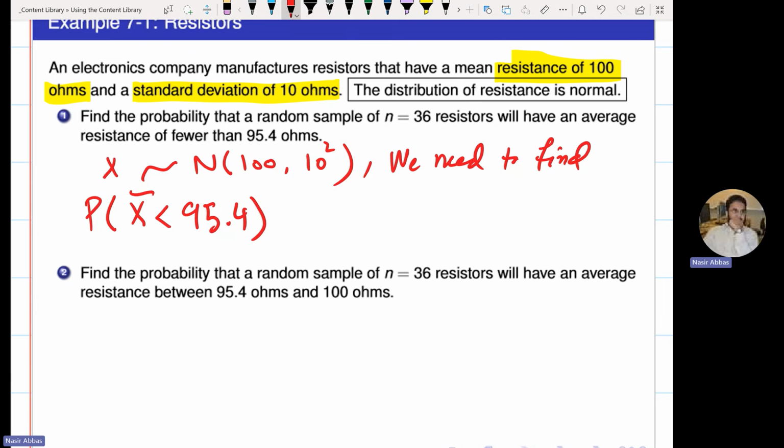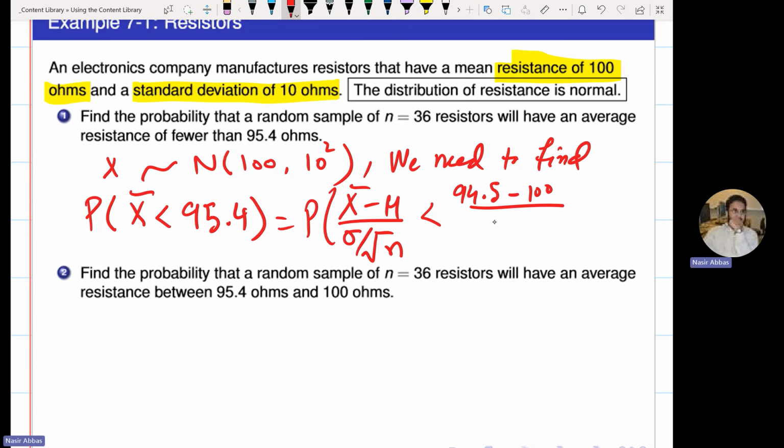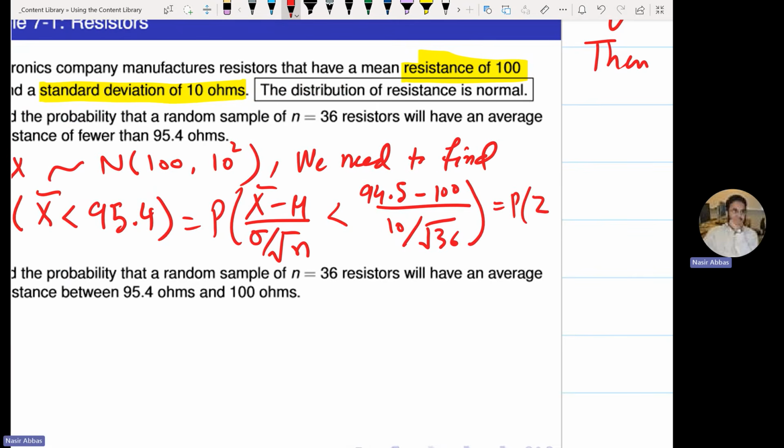So for this question, X bar, how do we standardize X bar? We know what is the distribution of X bar. When X is normal, X bar is normal. And how do you convert normal into standard normal? By subtracting its mean, dividing by its standard deviation. So X bar minus its mean divided by its standard error. 95.4 minus what is the mean? What is sigma? What is n? So this comes out to be probability of z less than